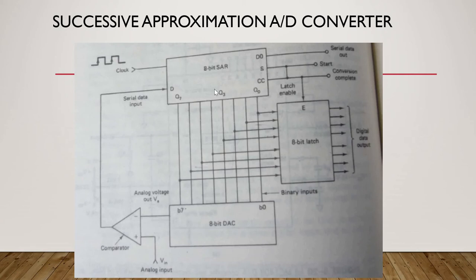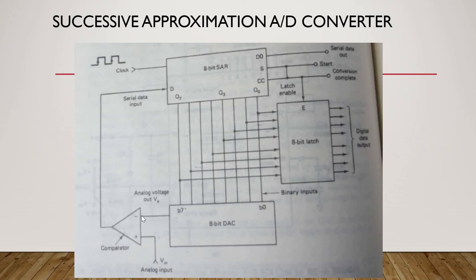The output of this SAR is fed to the 8-bit DAC, that is digital to analog converter. These are nothing but binary inputs. Whatever the output of this SAR is, that is binary input, and that will be the input for your digital to analog converter. What is the operation of the digital to analog converter? It converts the digital inputs, that is binary inputs, to analog. So you will be getting only one output from the 8-bit DAC,